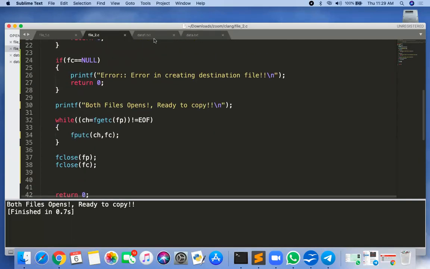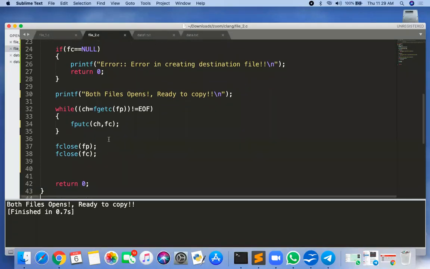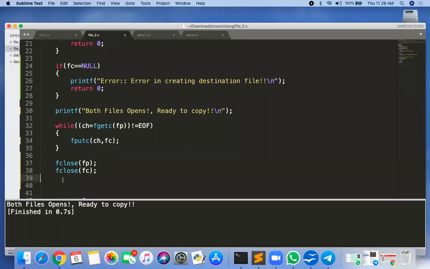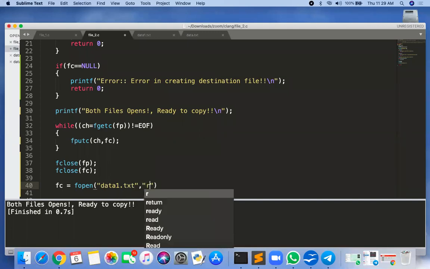Suppose to see the output I need to open that file, but I can modify the same program so that after closing the file, I reopen the file in read mode. And which file do I want to open? data1.txt, because I want to see the content of data1.txt. So it is read mode.